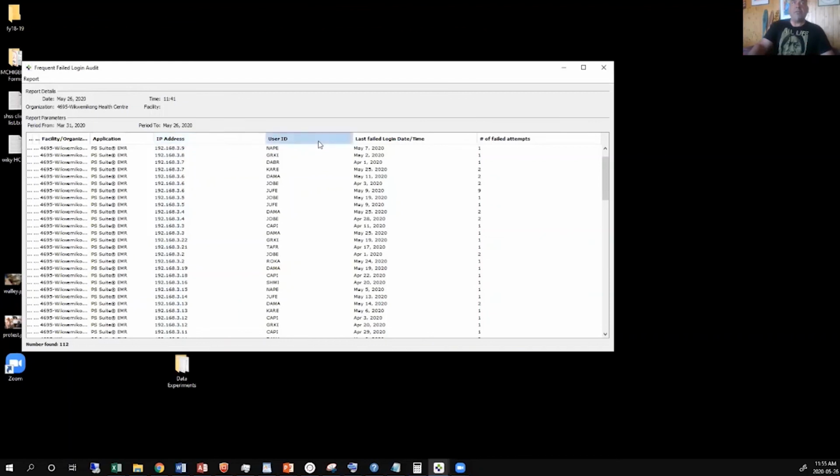don't forget the search function here, last failed attempt. So here, of course, is the date and then the number of failed attempts. Again, I'd like to underline that, unto itself, having a high number of failed attempts doesn't necessarily mean that there is some sort of nefarious activity going on. Like I say, it could be like myself too. I forget my password, and so you can just get it reset if you forget it,